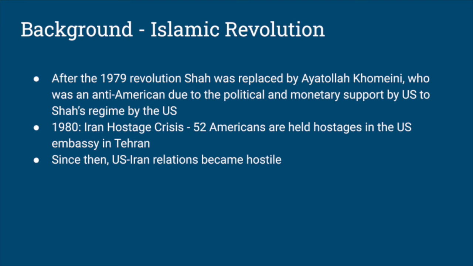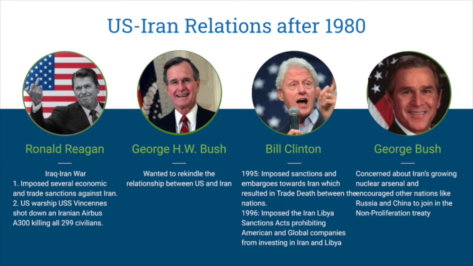In the years since, under 4 different presidents, the sanctions and embargoes put upon Iran never seemed to improve relations. During Reagan's presidency and the time of the Iraq-Iran War, his administration imposed several trade and economic sanctions against Iran, and was preparing to even side with and help the Iraq army. However, at the end of the war, the United States warship, the USS Vincennes, accidentally shot down the Iranian Airbus A300, killing over